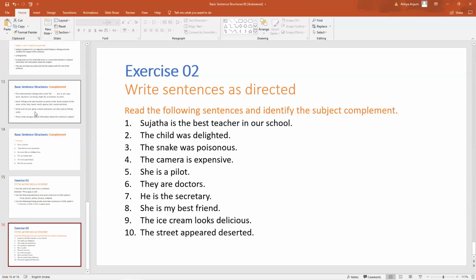So you need to write down 10 more sentences. We'll continue with this in the next class. We'll be doing the SVOOC pattern, all right? And then you will be given a few sentences to identify in which pattern they are, so that you will be thorough with all the different patterns, right? Thank you.